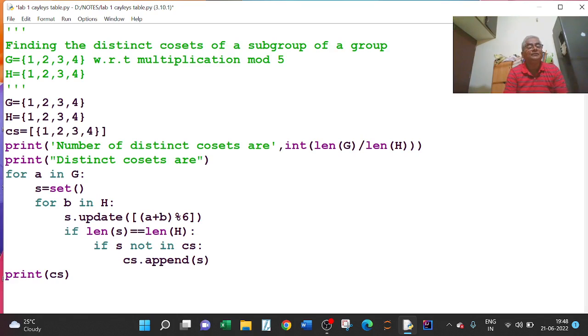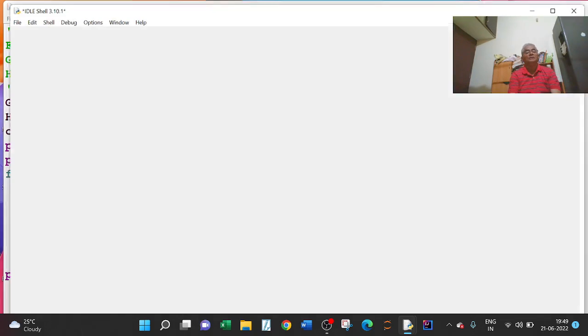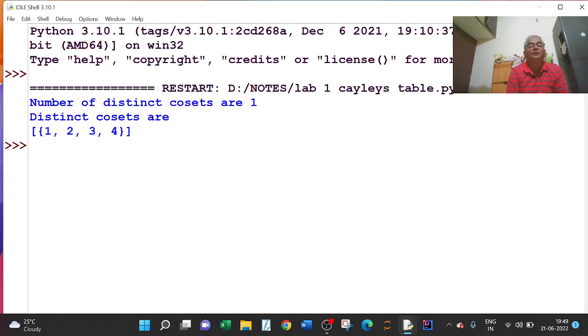The operation is multiplication modulo 5, so I have to write A star B percent 5. Now I think this is perfect. Let me run the model. Yeah, the number of distinct quotients is only one, and that distinct quotient is nothing but H itself. H is equal to G. Okay.